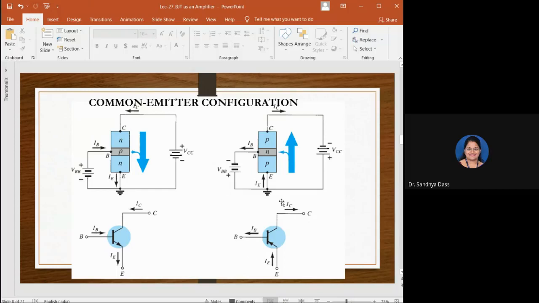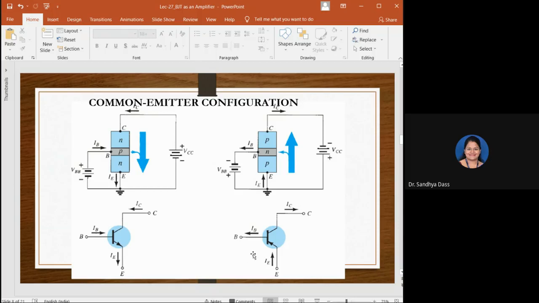Common emitter configuration. This is most popular configuration and widely used, and this is the configuration used for amplification. Observe that common emitter configuration. So the orientation of the device will be in this way, where you take emitter as common terminal to both input and output ports. So emitter will be the common terminal to input port and output port. The arrangement will be in this way. This is for NPN transistor and this is for PNP transistor. And observe the parameters there.